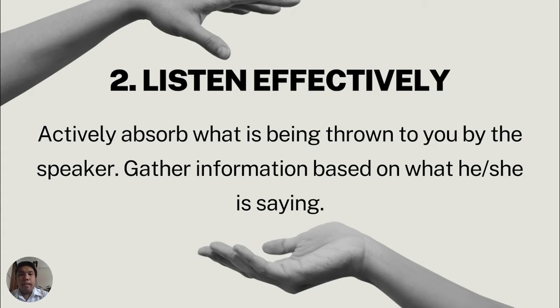Next is listen effectively. This is the most overlooked part in this checklist. If you didn't listen, you will miss some details that can be a deal breaker in this kind of scenario. Now, why do we need to listen effectively? This is so because we can actively absorb what is being thrown to you by the speaker, and we can also gather information that can be useful for our argument as well. Moving on,